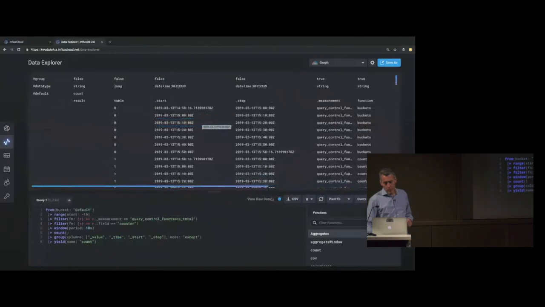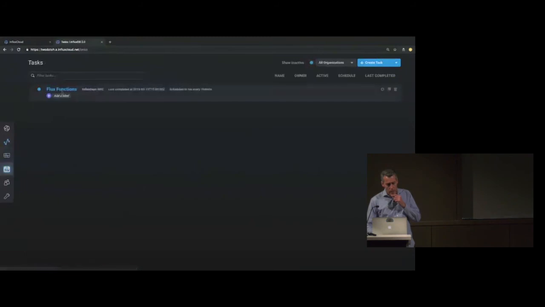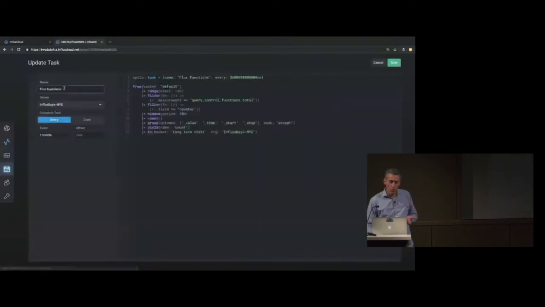Super valuable for debugging. There's also a download to CSV if you want to play with that even further and do other analysis in real time. Now there's also a task editor that's available once you've generated that task. One of the things we'll look to do to enhance this is to bring logging information in and supplement that experience, so that you have better interactive access to what's actually happening with the task, how it's executing, and what you may need to manipulate to move that forward.